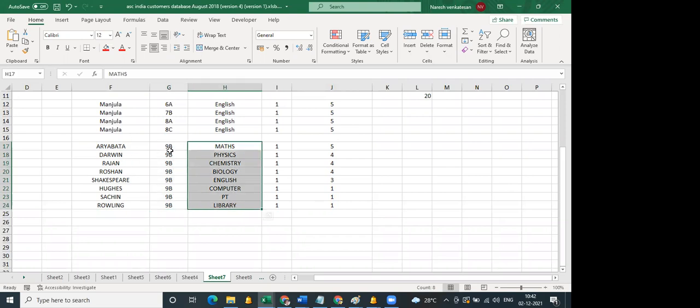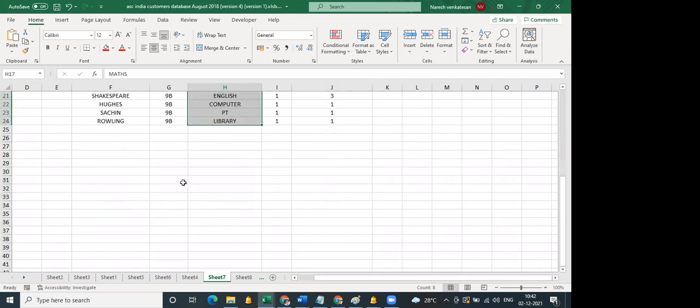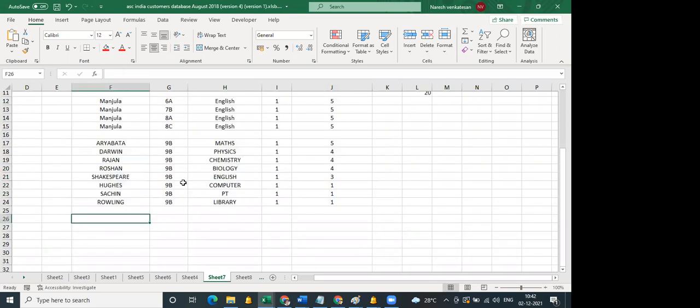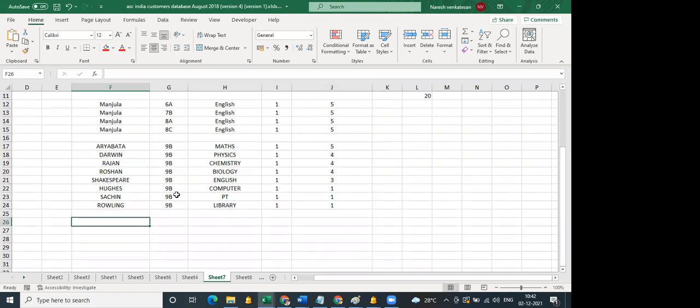So this is class-wise representation. And apart from this, we have joint class. If 2 or 3 classes are joined together, you just separate it with a comma. 9A and 9B are joined together, you just separate it with the comma. And 2 teachers handling the subject, or a single teacher handling the subject.